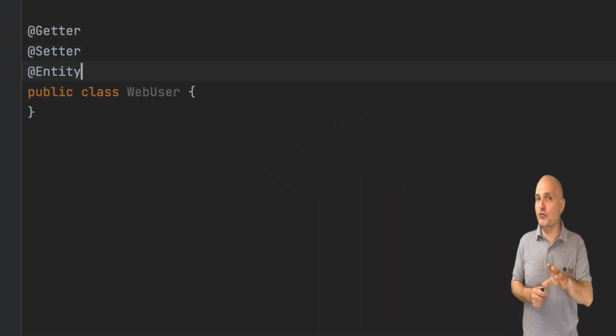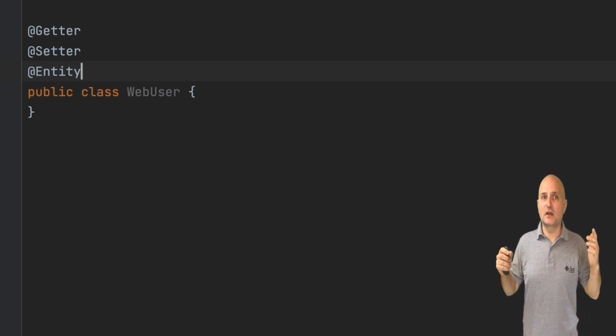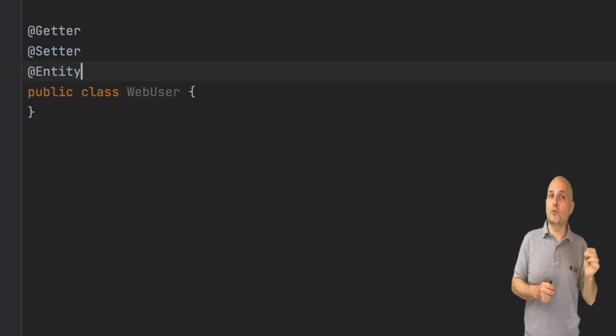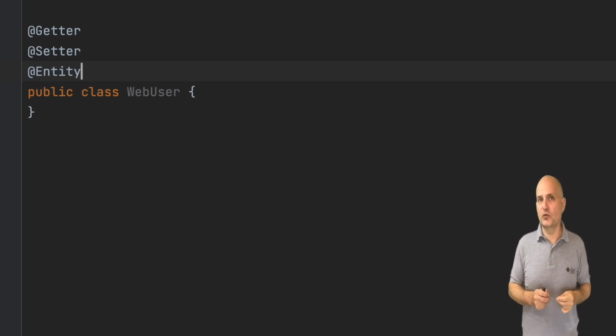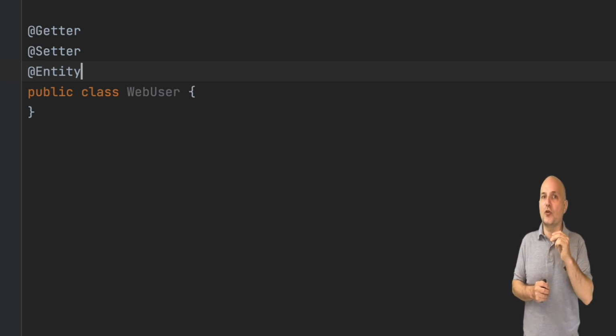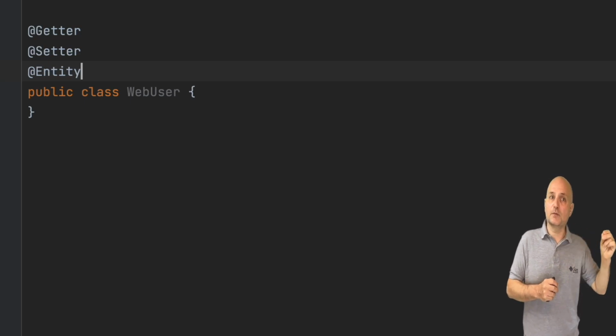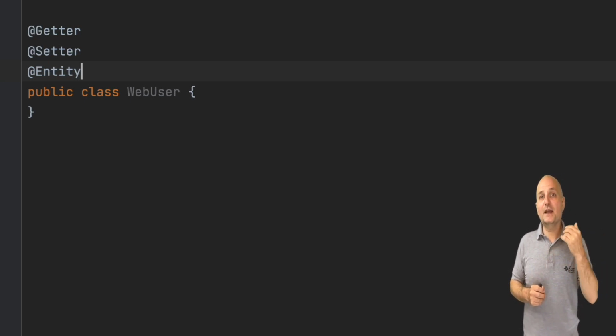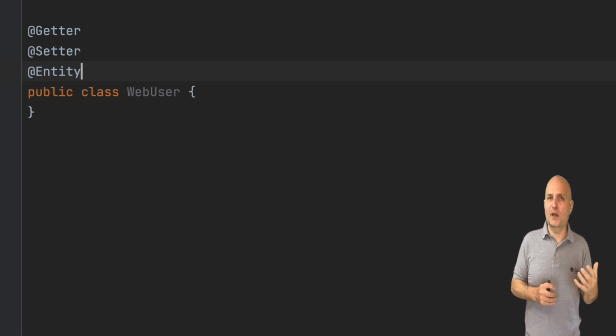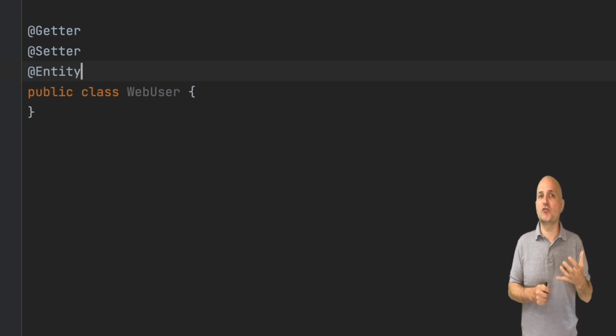We will add three annotations to the class. The getter and setter annotations are a part of Lombok, which we discussed before. JPA doesn't work with records yet. It needs classes that can be modified, so records can't be used. Unfortunately, to keep encapsulation, we want the fields to be private, and have get and set methods for every field. That is tedious. Lombok automates that tedious task for us by generating getters and setters for all the fields by default.